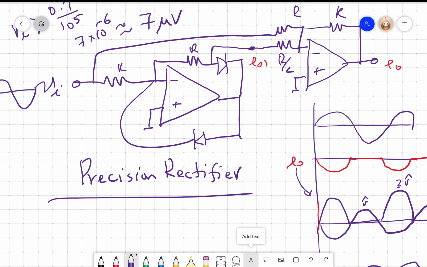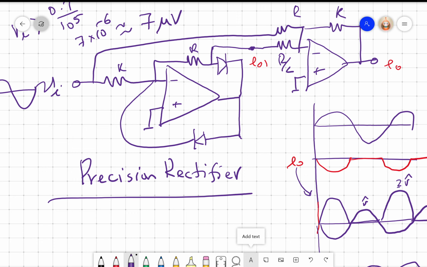quite extensively wherever I need to, because in instrumentation you will always have a voltage which is quite small, right? A transducer or whatever we are using, the voltage will be millivolts or tens of millivolts. So I can't use an ordinary diode rectifier because it will simply not rectify. For my diode to rectify, my input should be greater than 0.7. Even if I have 0.8, 0.7 will not come, only over and above 0.7 will be rectified, right? That is really bad.